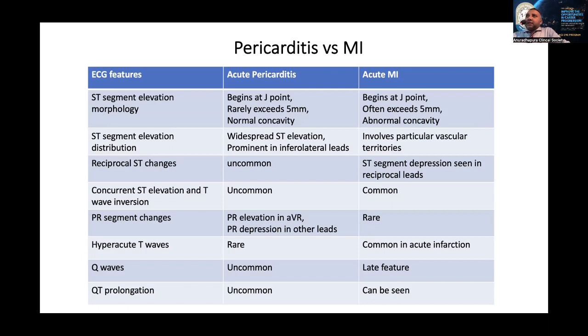And there are no reciprocal ST segment changes. As my previous speaker said, in STEMI you will have evolving changes with time, which is typical of ischemic changes. The other changes, like concurrent ST elevation or T wave changes, are very rare, and so are PR segment changes. You can see depression of PR segments, right? So these are the important features when you look at this kind of ECG, especially when a patient is coming with chest pain. The first thing is you have to analyze the chest pain and this ECG thoroughly.